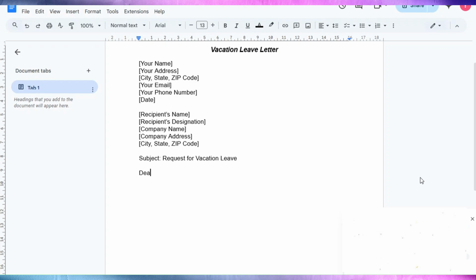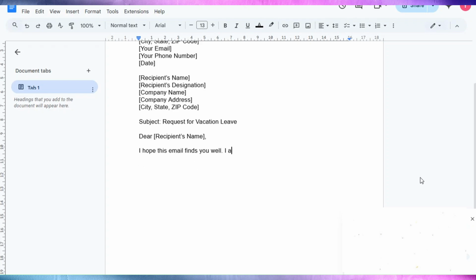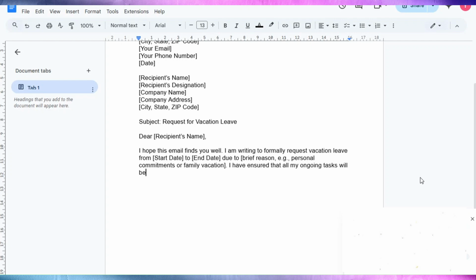Start your letter with a polite greeting, addressing the recipient by name. After that, write, "I hope this email finds you well. I am writing to formally request vacation leave from start date to end date due to brief reason, e.g., personal commitments or family vacation. I have ensured that all my ongoing tasks will be completed before my leave, and I